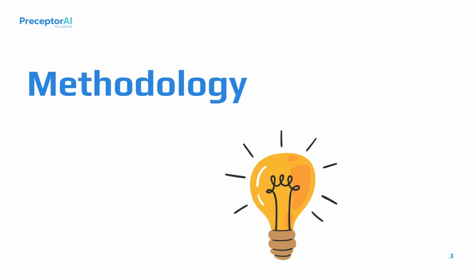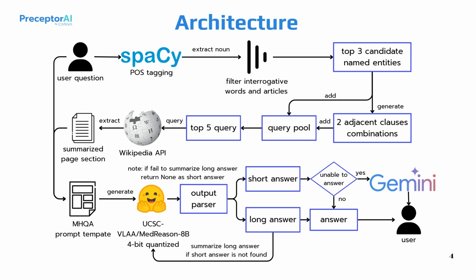Here is our proposed method. First, we do a query formulation by leveraging the pre-trained spaCy model to do part-of-speech tagging and noun chunking to effectively extract nouns from the query, which we consider to be the entities related to the question. We select the top 3 entities to generate a two adjacent clause combination, aiming to make the query related to their relationship so we can use those data to answer the multi-hop question, which this clause will